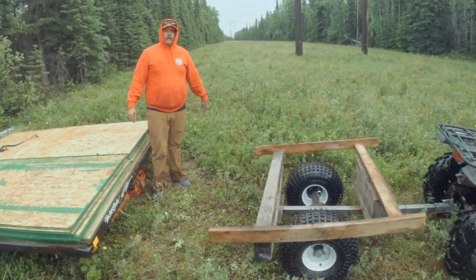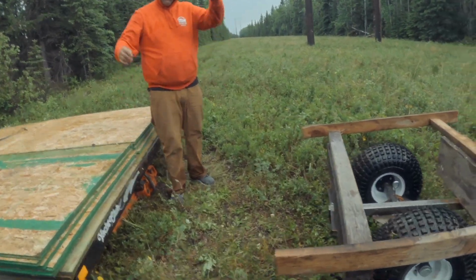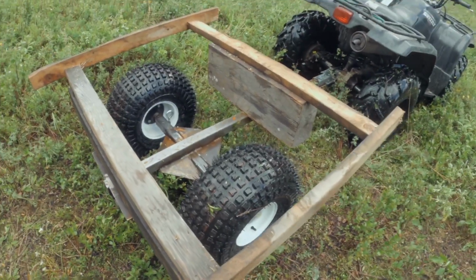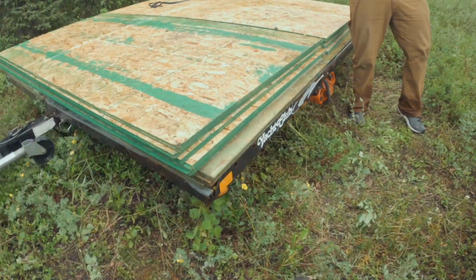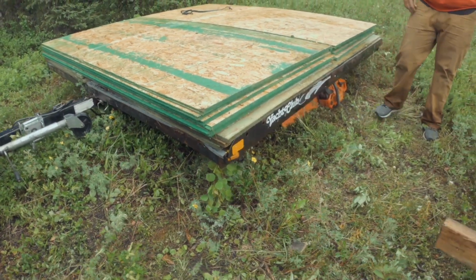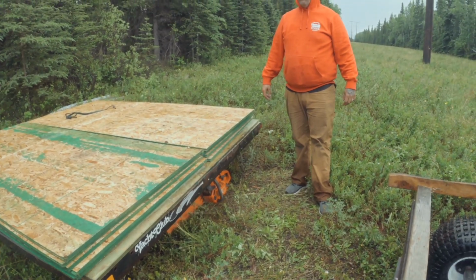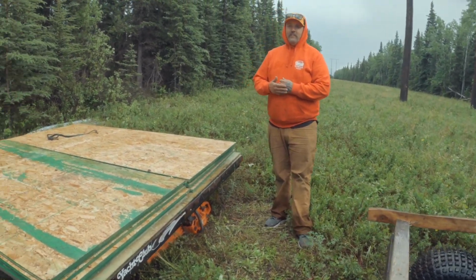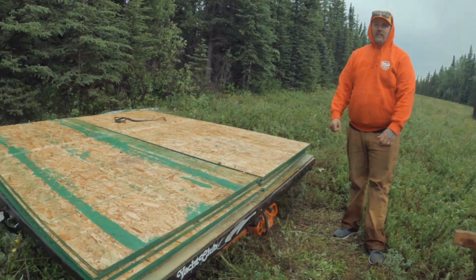All right, we're out of Brad's place. We turned the meat wagon into the lumber hauler, so we'll see how this goes. We've got to haul all this, and probably another, yeah, I'd say 5 times what's on here now has got to get out here. We've got to haul that through this trail,